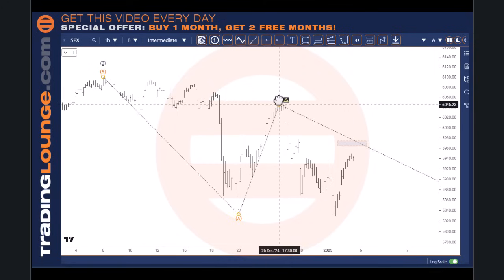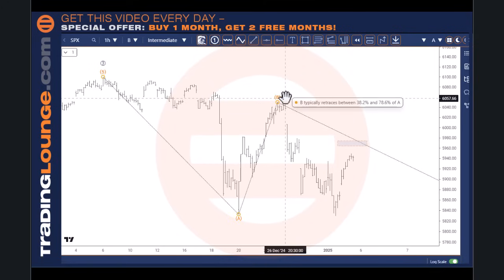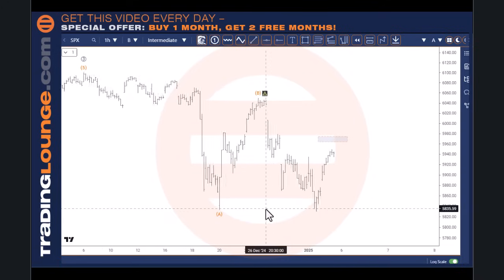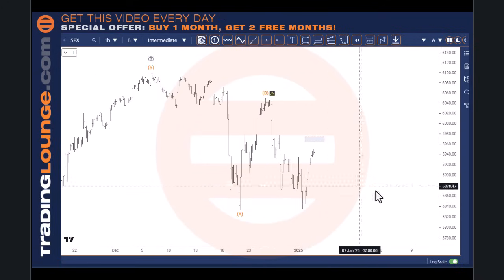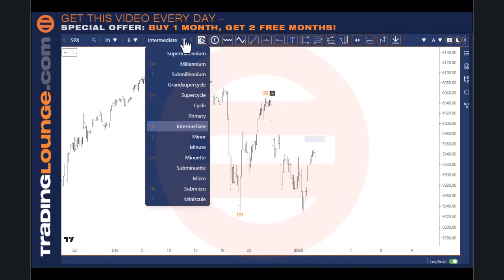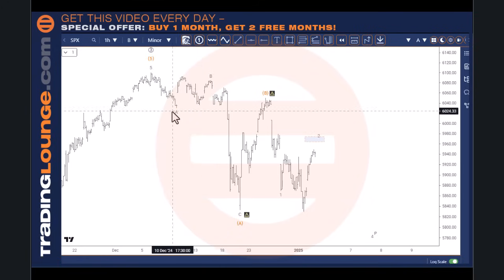I will ask Zhao to add a function to turn this on and off, because it will get a little bit messy at times. When you get into smaller time frames, some of the counts can get a little bit overlappy. One interesting thing is that from this top down to here, it is 3 waves down, coming into this space. This indicator will just allow me to put those counts on here, so that's allowing it to display at that particular point.